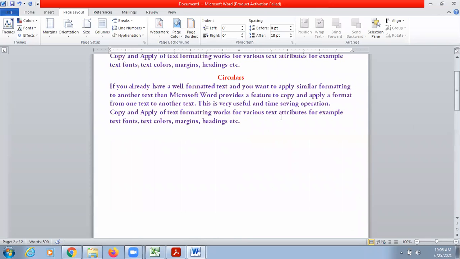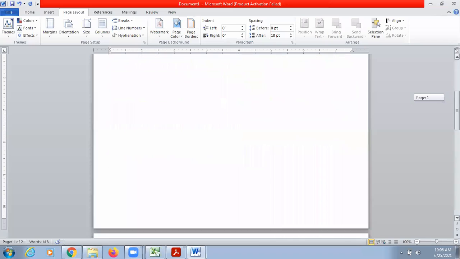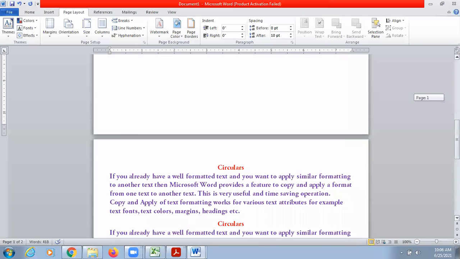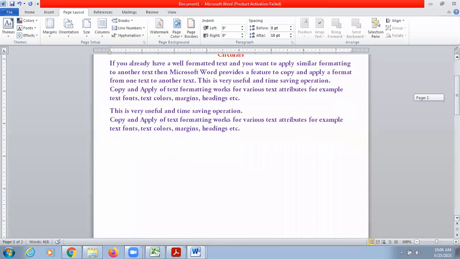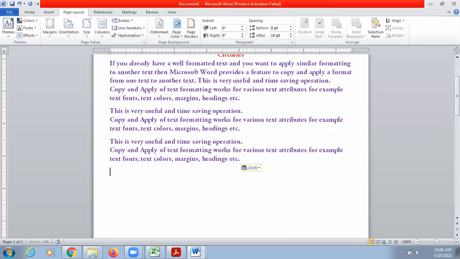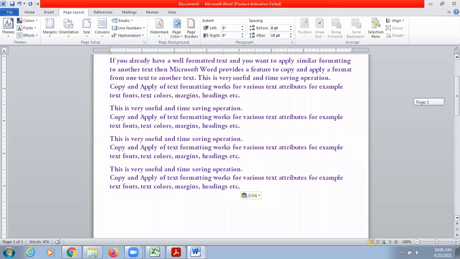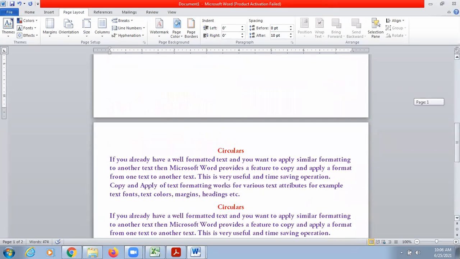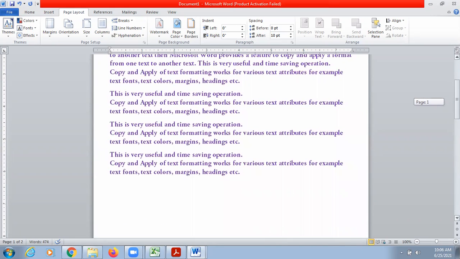Now suppose I add a few more lines in my paragraph, copy and paste, this content will remain the same. It will not shift to the next page. Why? Because we have inserted a page break. I can even insert this paragraph many times, still there will be no change in the content of the next page. It will remain there. So this is helpful for creating a book.